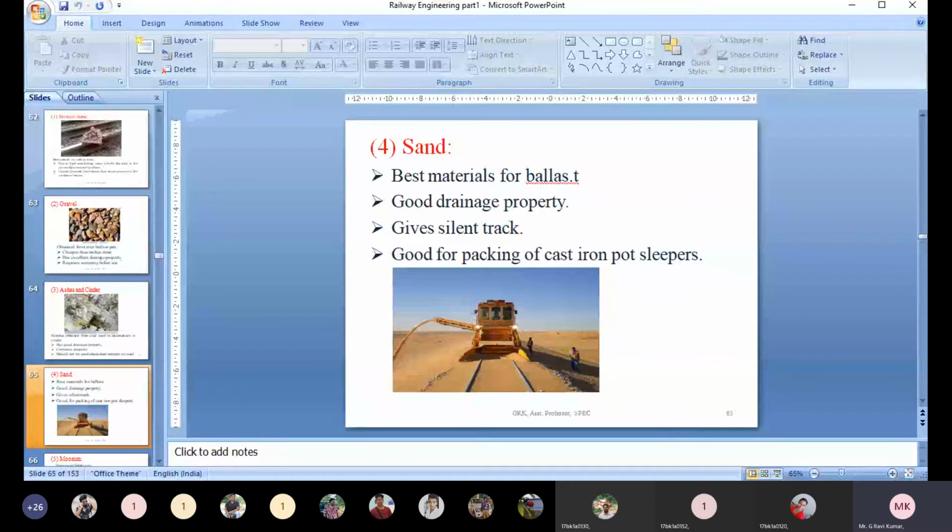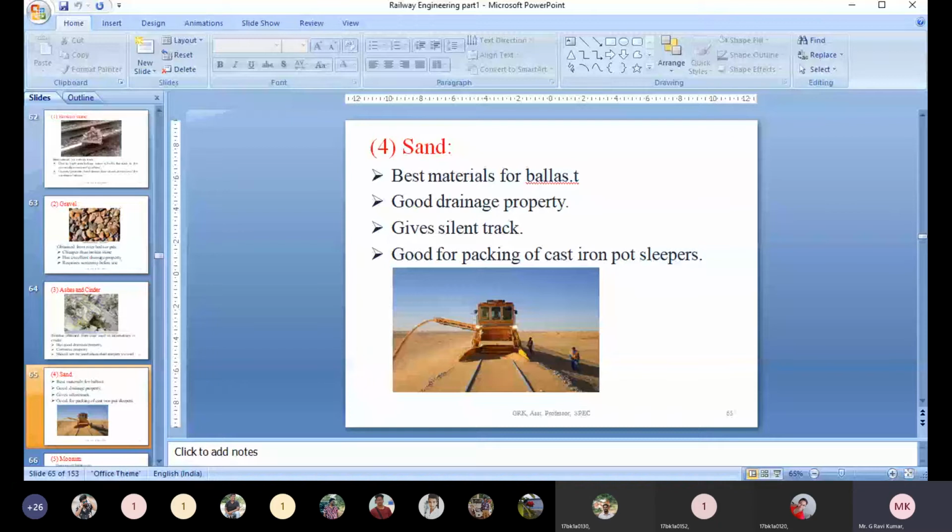So that's why sand is not the best material for ballast in case of rain, and it is also not the best material wherever rain takes place. And one more thing, sand is the best material for ballast wherever rainfall will never be there. It means throughout the year, like deserts, there will be no rainfall. So in those cases, we can use sand as a ballast material.